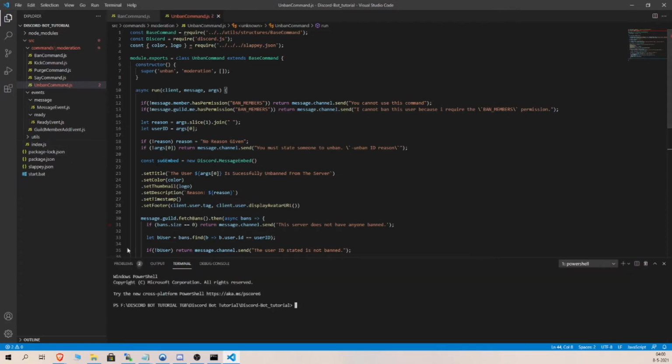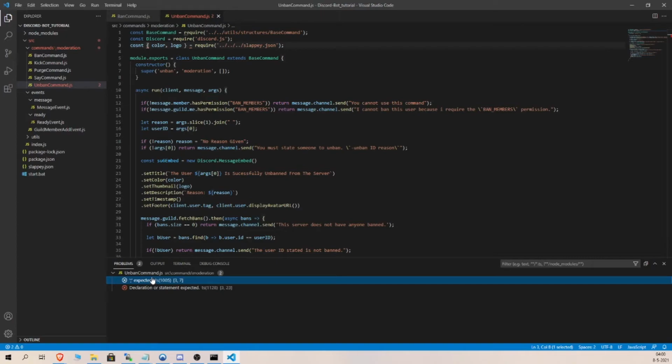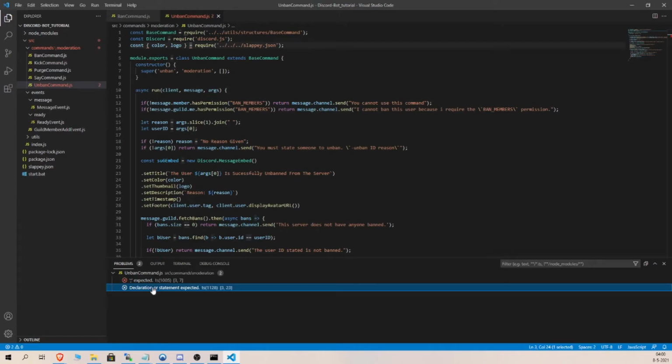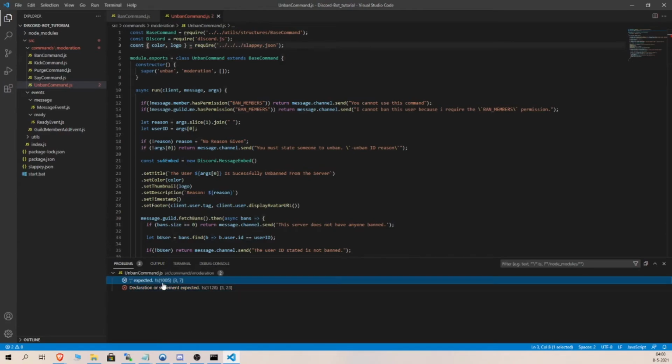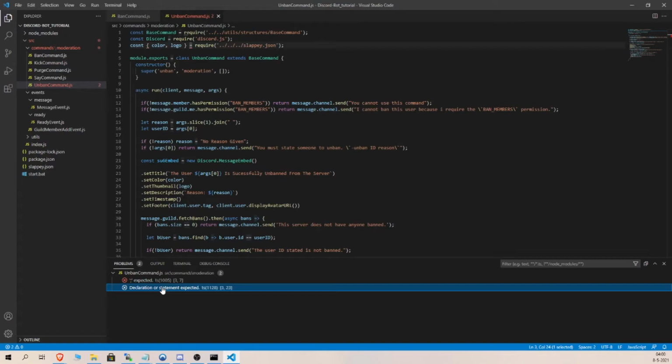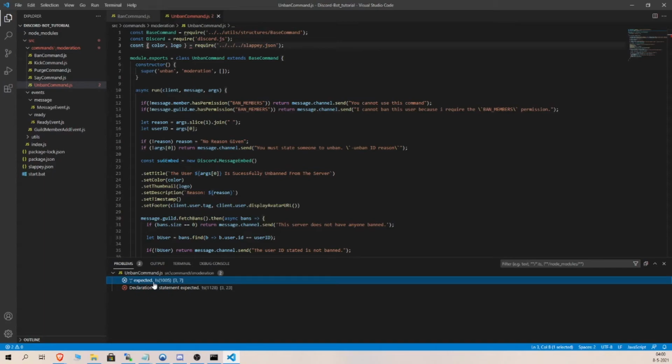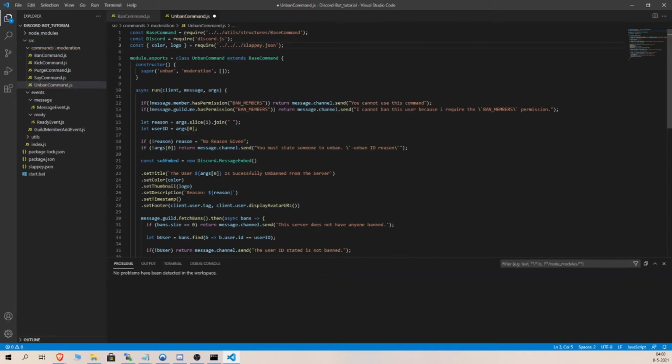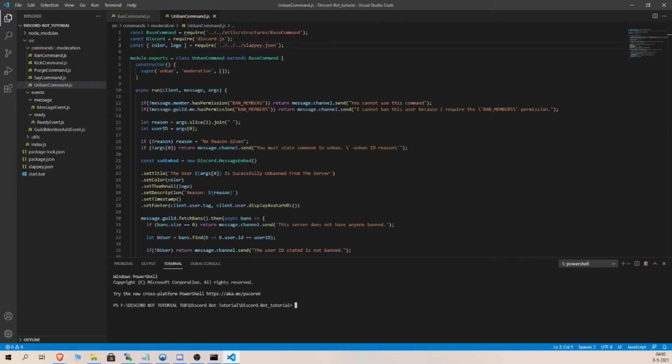You see if there's any error. I typed const wrong. To run npm run dev